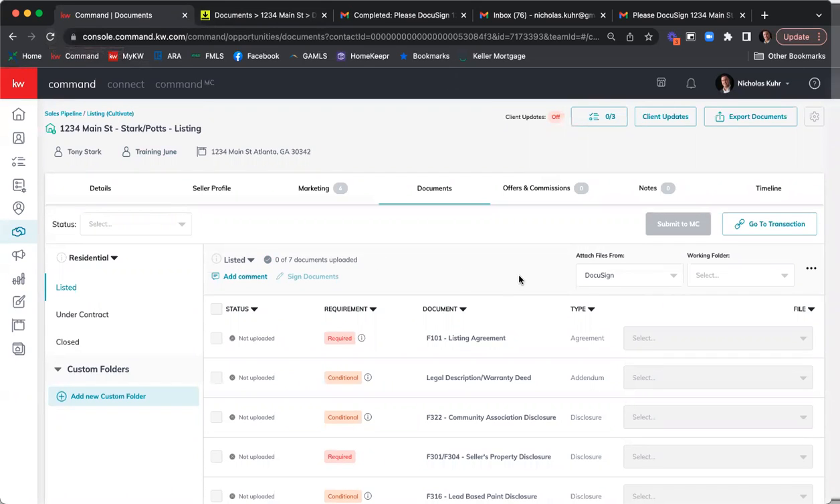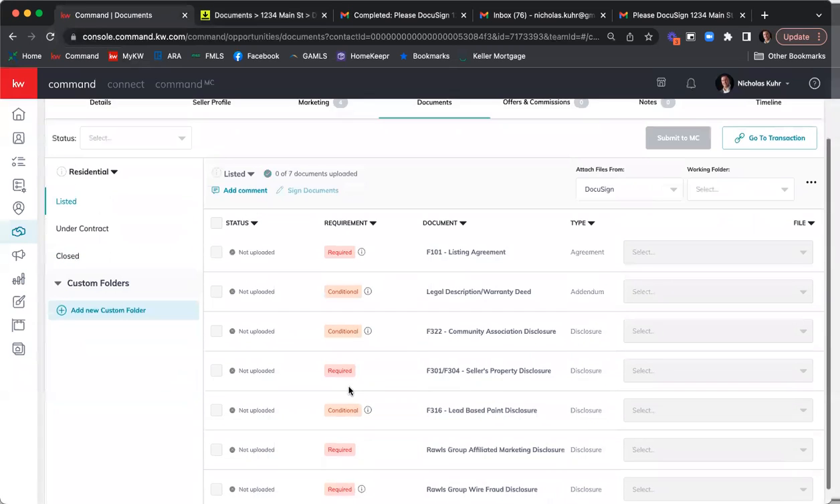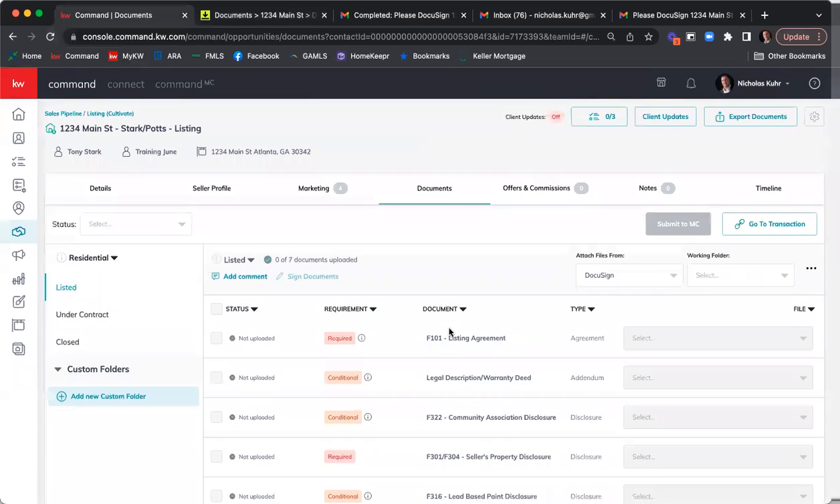So now we have our listing agreement folder. We're in listed. Here's our documents that we're going to need to upload. You can see it shows required, conditional, and required for some of these. Now we have two different options of how we can upload documents. It's going to default to attach files from DocuSign, but I can also select from my computer. So if I need to upload anything from my computer, but today we're going to use DocuSign, and then it's